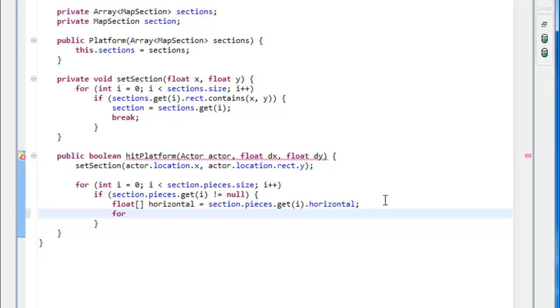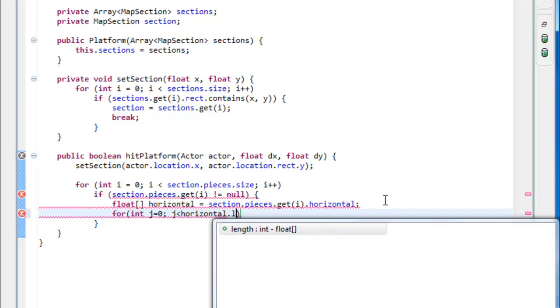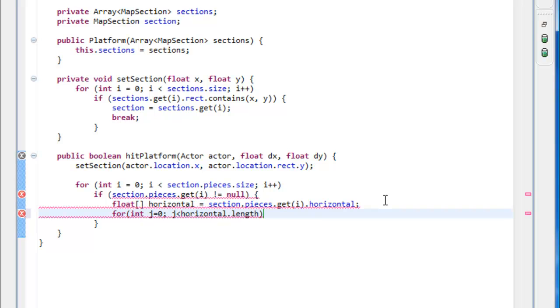Now for each piece, and for each j such that j is less than horizontal.length, j plus equals 3. Plus equals 3 because, remember, each horizontal platform is represented by 3 points. Alright, now